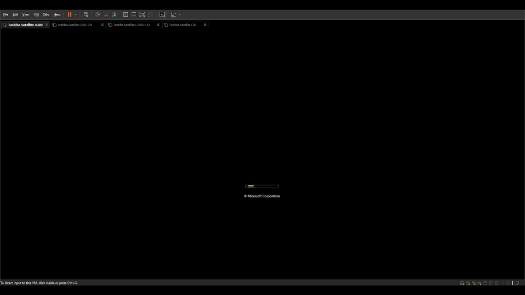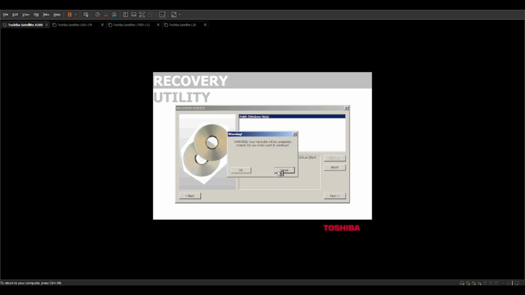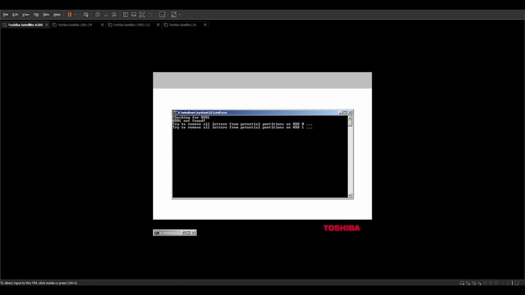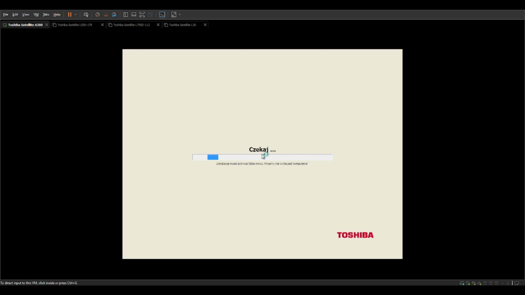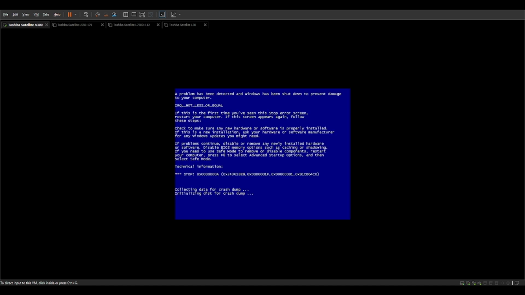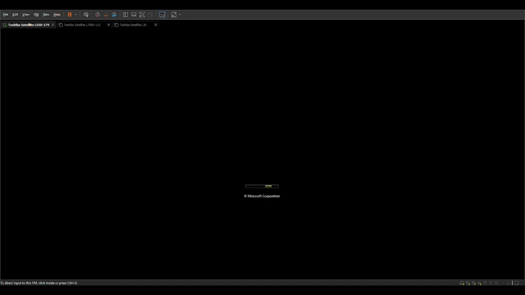So next up is the Toshiba Satellite A300, which once again came shipped with Windows Vista out of the box, and we will be seeing what will be a very similar recovery environment in just a moment. So yep, same as before. English. This is a Polish copy of Vista, and go. And there's the blue screen once more. So unfortunately, that one cannot proceed, so we're going to move on to the Satellite